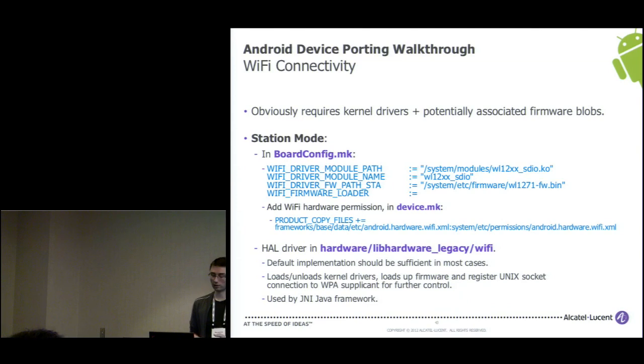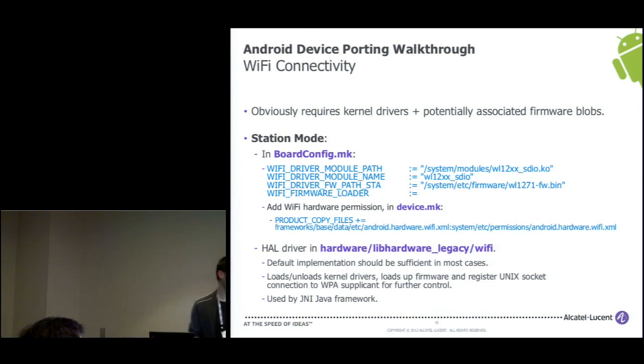The HAL driver is located in the hardware/libhardware_legacy/wifi directory. The default implementation should be pretty much okay for all the devices that you have. What it does is try to load or unload the Wi-Fi driver and configure or init the WPA supplicant service.